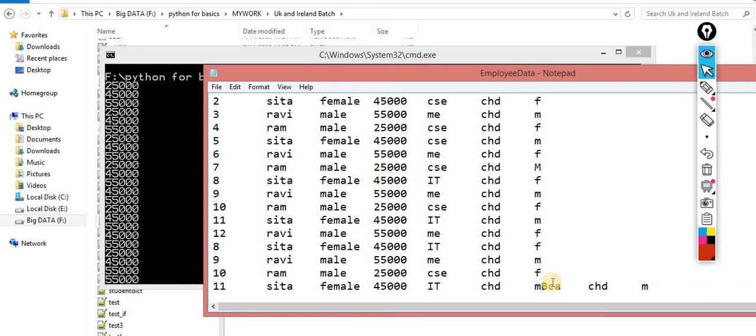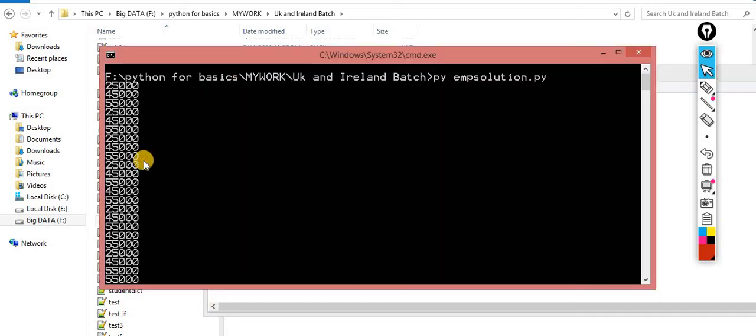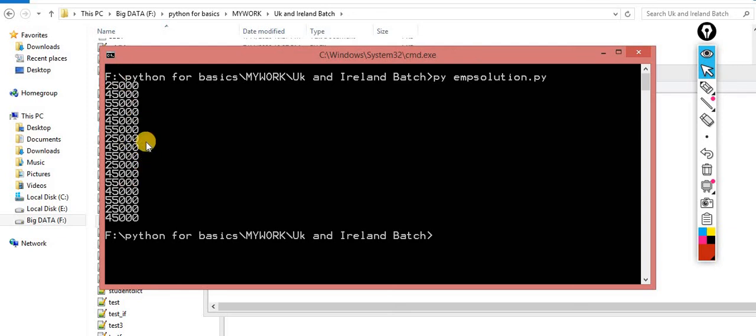I think this was copied by mistake, that's why it was giving the error at the end. Now it won't give you an error. You get the required one, you get the requirement.